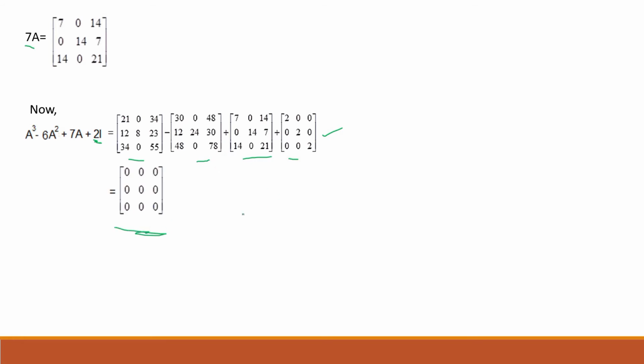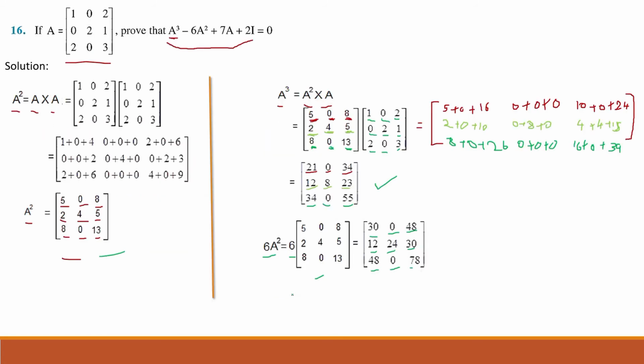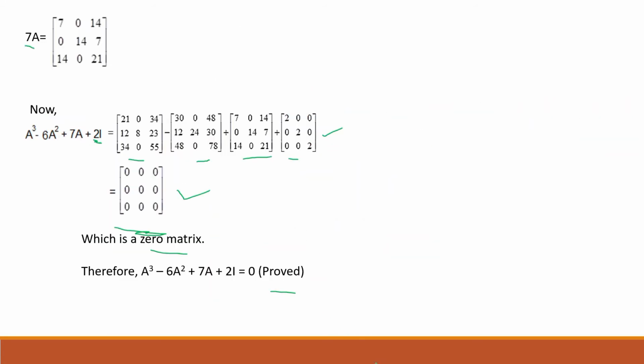माइनस करना है। तो मैं इसका आंसर बता देता हूं दैट ये आप सारे एलिमेंट्स 0 आएंगे, दैट मींस इट विल बी अ नल मैट्रिक्स। सो देयरफॉर a क्यूब माइनस 6a स्क्वायर प्लस 7a प्लस 2i इज इक्वल टू 0, हेंस प्रूव्ड। यू कैन पॉज द वीडियो टू नोट दिस डाउन। पहले यहाँ पॉज करो एंड देन पॉज हियर।